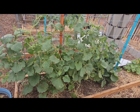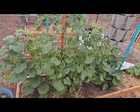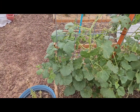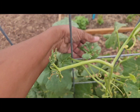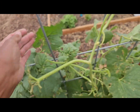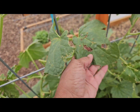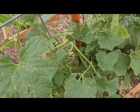So here is something that has brought me joy and made me feel like I know what I'm doing in a garden, is these cucumbers. First off, let me show you how bad some of the leaves are. This is the birds, the finches, and I don't know, whatever that other little bird is. Not the bird that digs in the ground, but these other new birds, new kids in town. They just were doing that to my